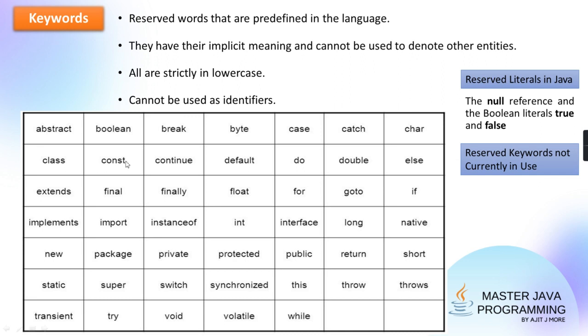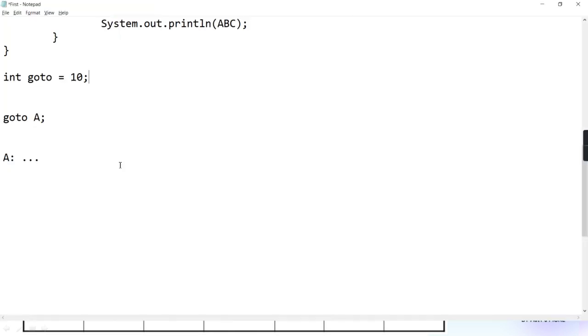Getting? And the same is the case for const. In C, we create const for a variable whose value you don't want to change. Like in C, if you write int const I equal to 10, once I is initialized to 10, can I modify it to 20? No, because you have declared it as const. Now Java says in place of const there is another word called final. So like const, Java has given a concept called final.